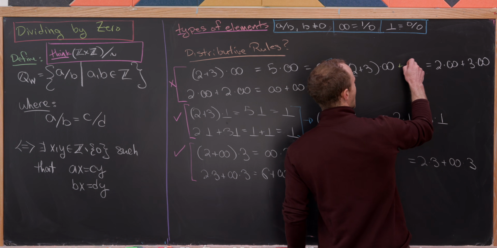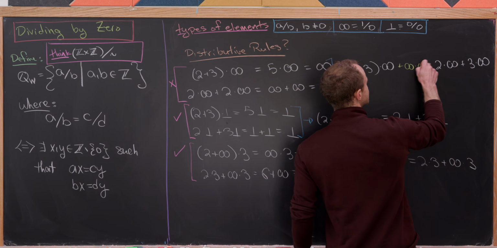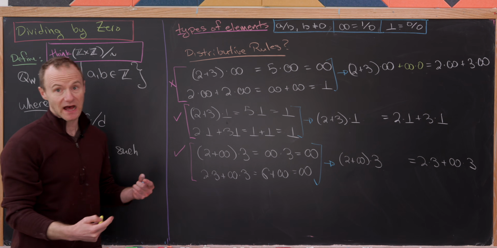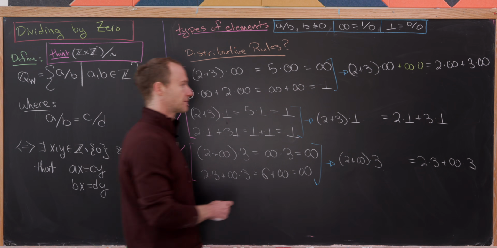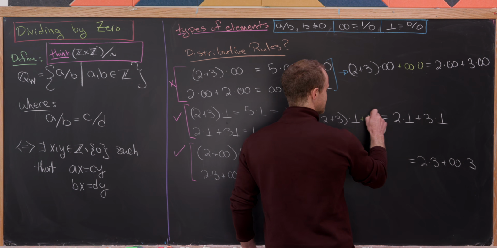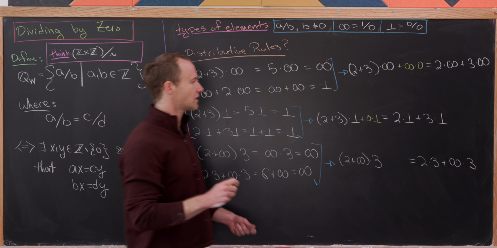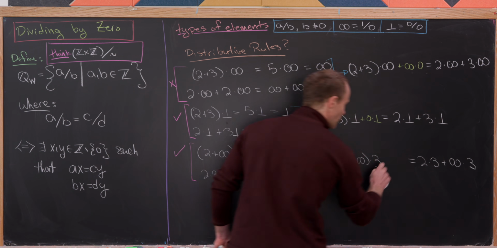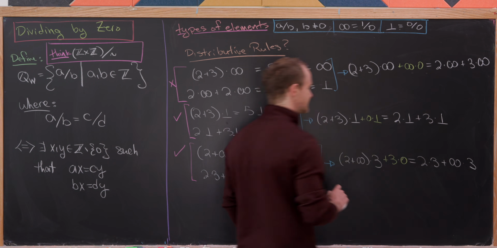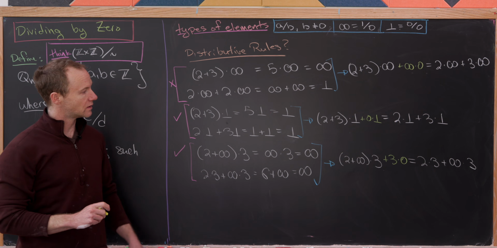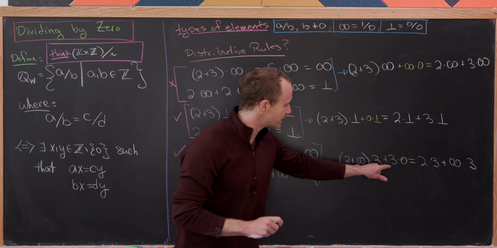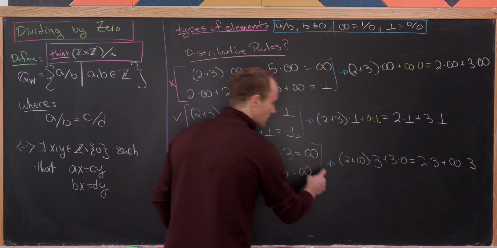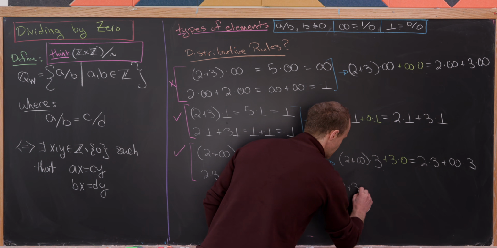So here we're going to add infinity times 0, which is obviously the perpendicular number, making both sides turn into the perpendicular number. Here we're going to add 0 times the perpendicular number, which is also the perpendicular number, on both sides of the equation. And then here we're going to add 3 times 0, which is 0. And I guess it's important to notice this one down here, adding 3 times 0, will extend down to